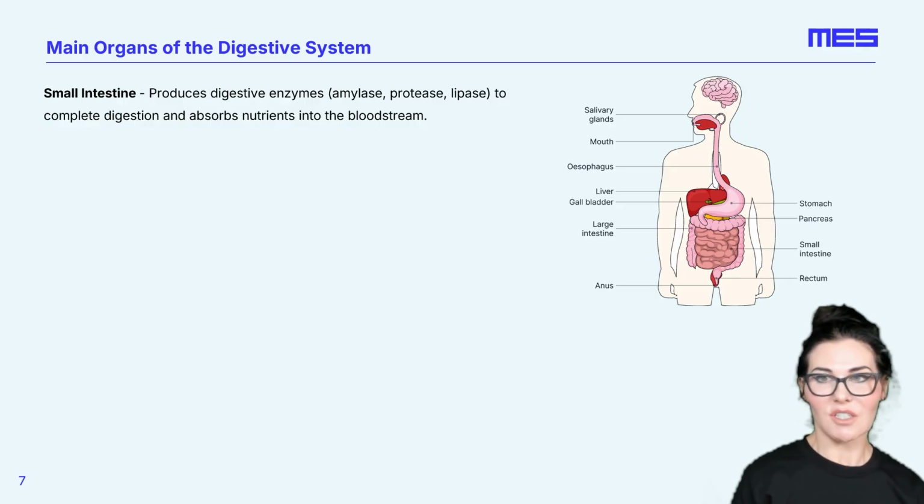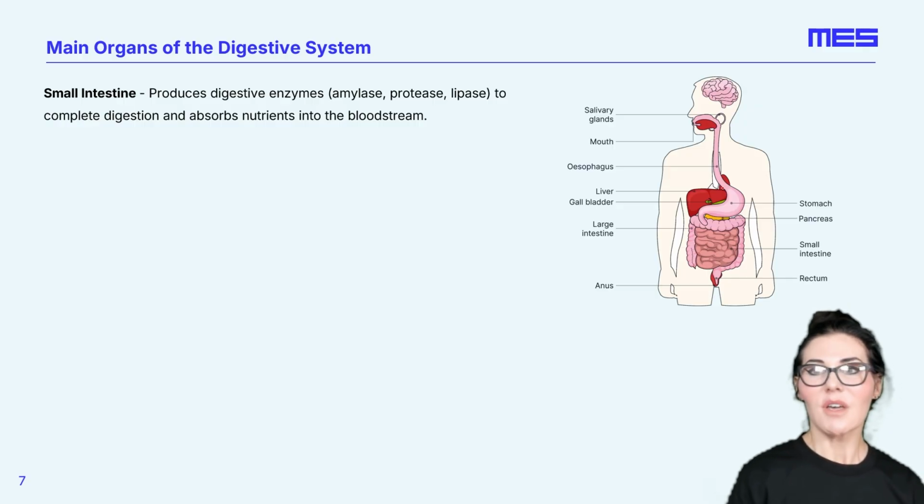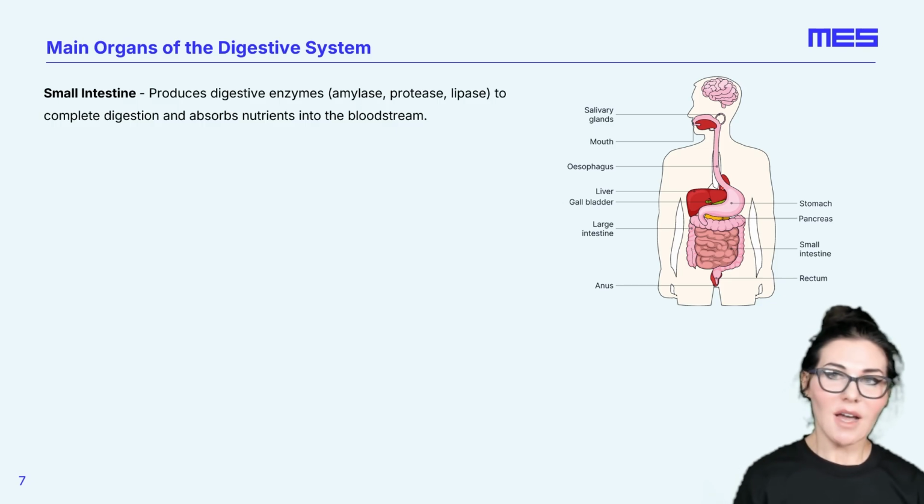It needs further digestion. Once that food enters the small intestine, more enzymes get secreted into that area from the pancreas and also from the lining of the small intestine too. Amylase, protease, lipase enzymes. They help to carry on the chemical digestion of protein, of carbohydrates and fats in our food. And we need this to happen so that the food, by the time it gets to the end